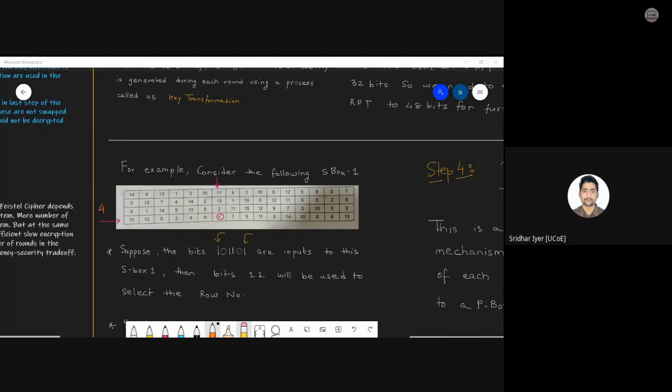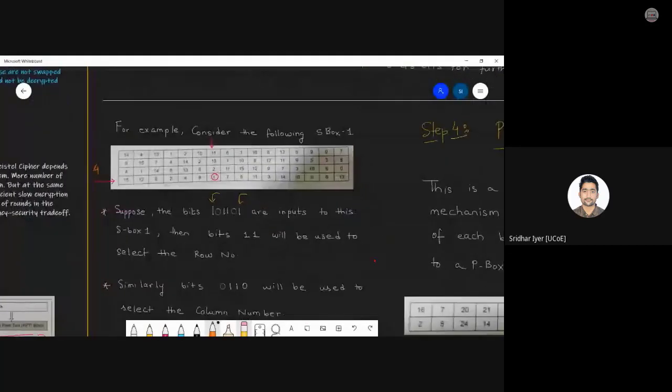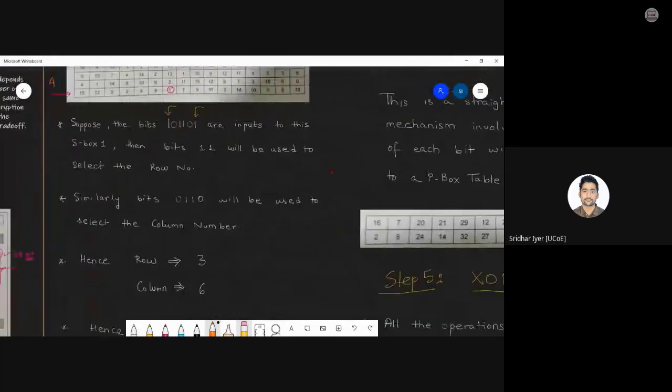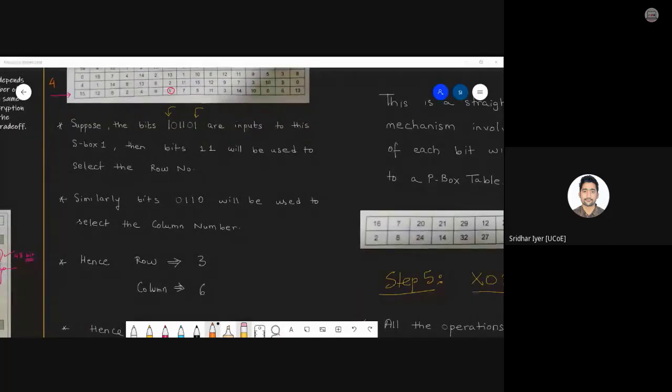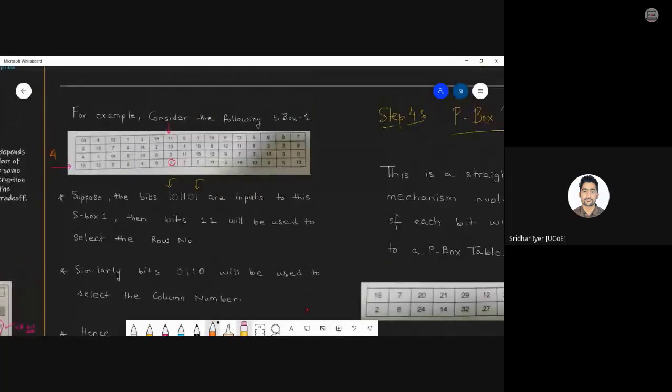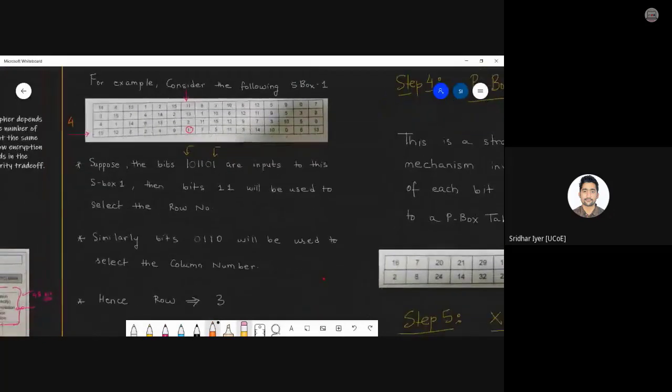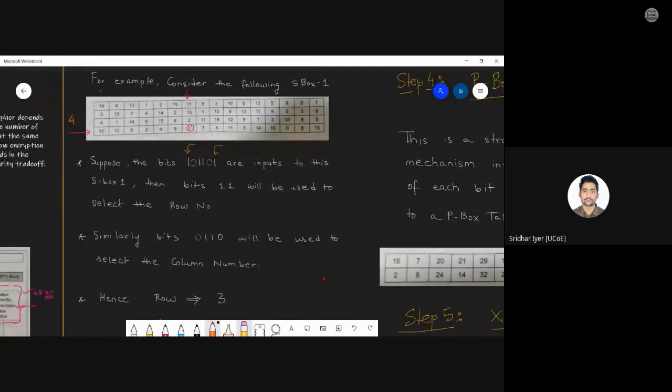Number is 6. So we know that it will be 0 1 2 3 4 5 and 6. So I will select the column with the label 6. And whichever value I'm getting at the intersection will be my 4-bit value. In this case, it is a 1, so it will be 0 0 0 1. Am I clear? Yes or no?